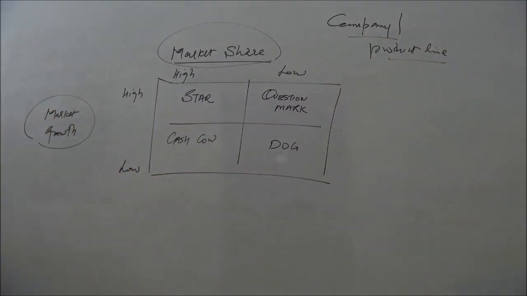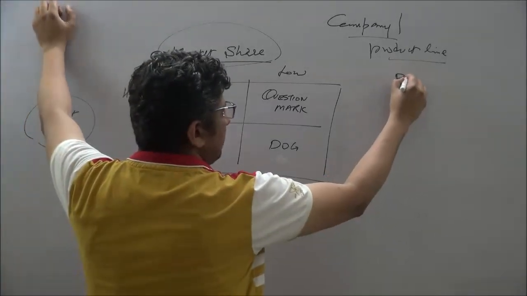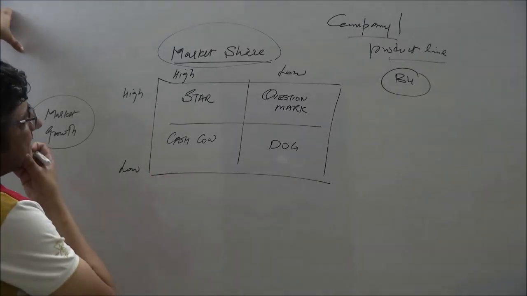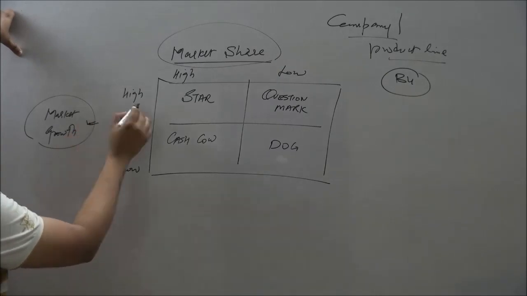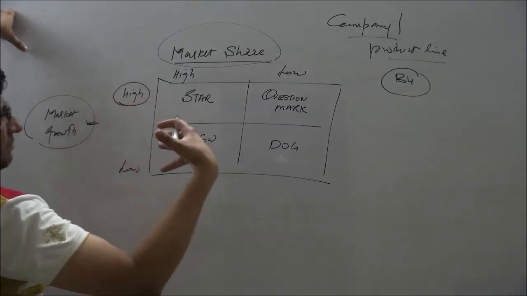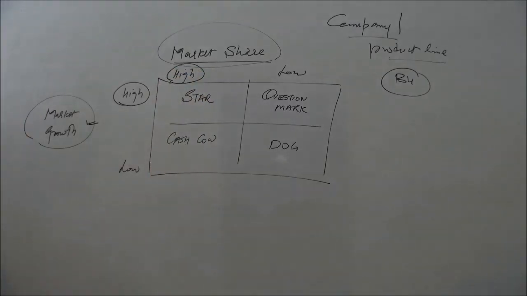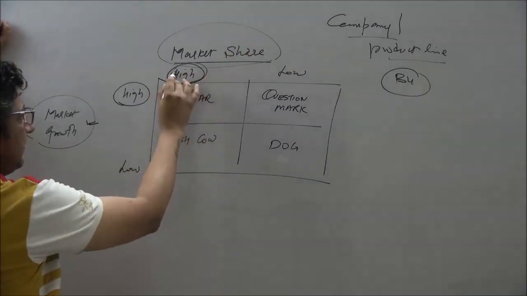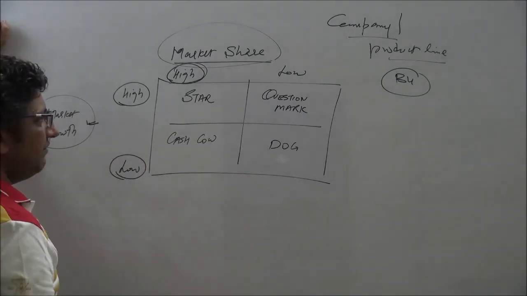So there could be, let's say, a business unit. Let's name it a business unit for the sake of better understanding. There could be a business unit which is doing very well, in the sense that it's growing very well. So it's a high growth, and the market share that you've got is also very high. Likewise, there could be a business unit in which you have a high market share, but the market is not growing any further.